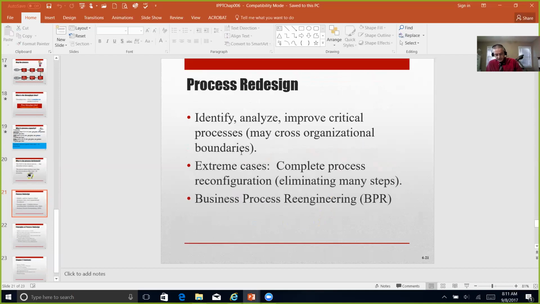So now let's talk about process redesign. Process redesign usually starts with identifying critical processes which are required to meet the customer's needs, and these critical processes may cut across organizational boundaries. This is where pulling together a process or a cross-functional team will be paramount to help identify those changes, hopefully eliminate unnecessary steps, hopefully by looking at it and defining where waste occurs and eliminating that waste or getting rid